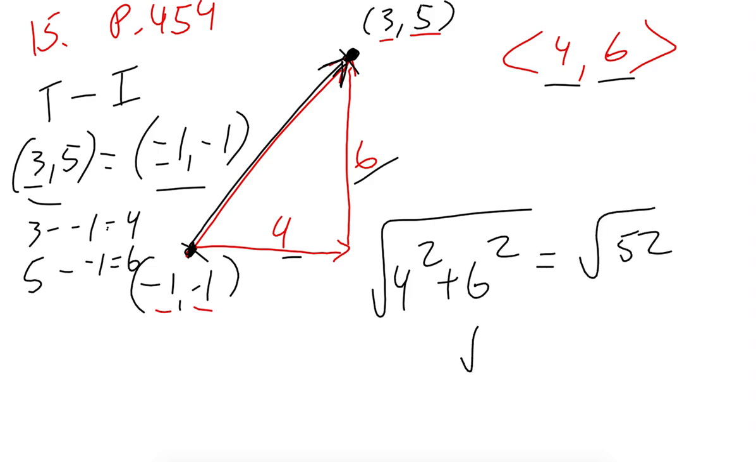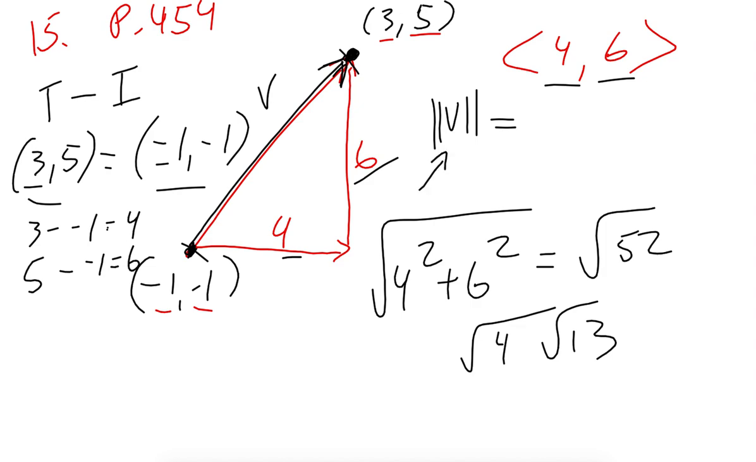Square root of 52 is the same as the square root of 4 times the square root of 13. So the magnitude, and it's usually denoted, what do they call this? Vector V. So the magnitude has these symbols. This means magnitude. Okay, and it's just going to be the square root of x squared plus y squared